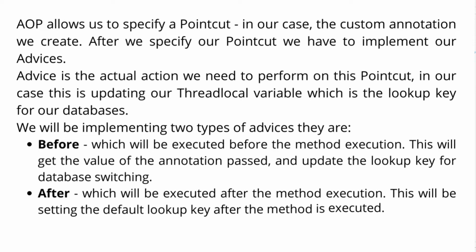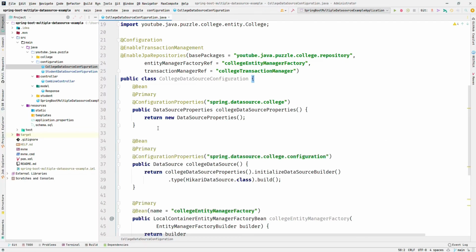We will be implementing two types of advices: before and after. Before is executed before the method execution. This will get the value of the annotation passed and update the lookup key for the database switching. And after is executed after the method execution. This will set the default lookup key after the method is executed, right? So as we got a glimpse of the power of aspect oriented programming, or AOP, we can jump